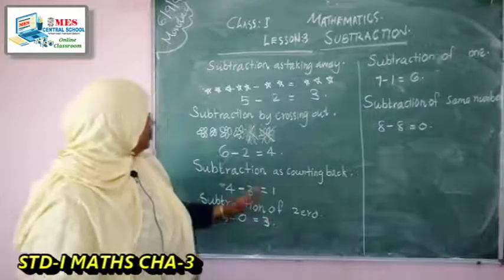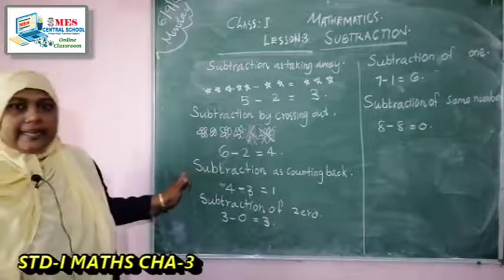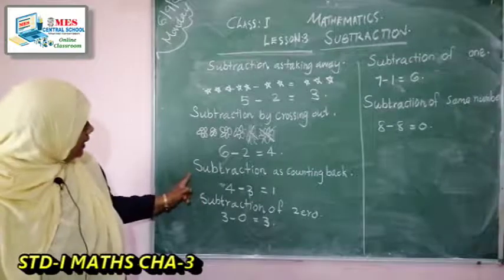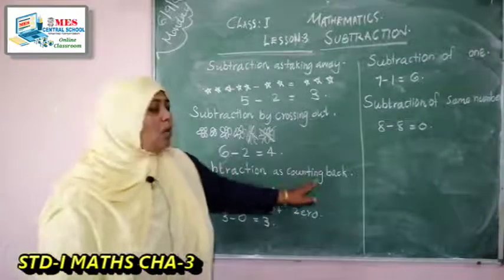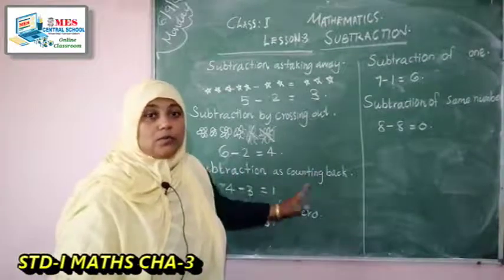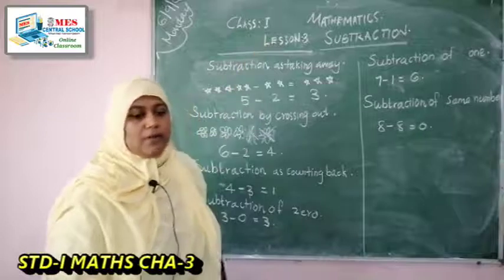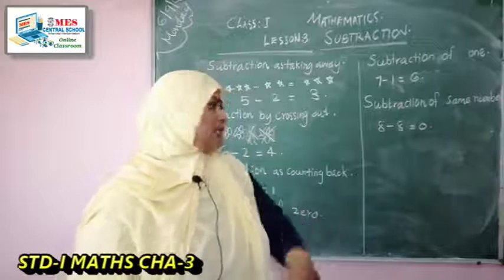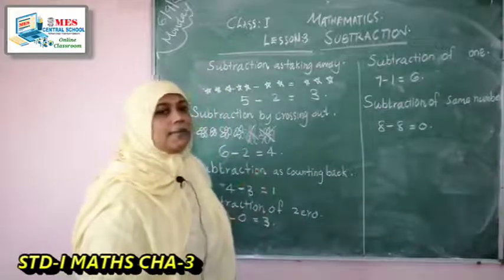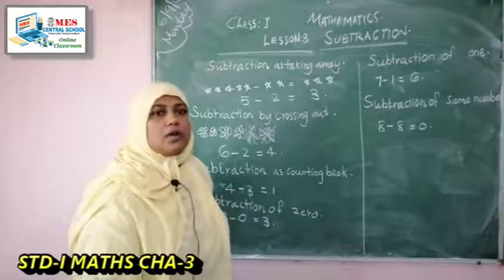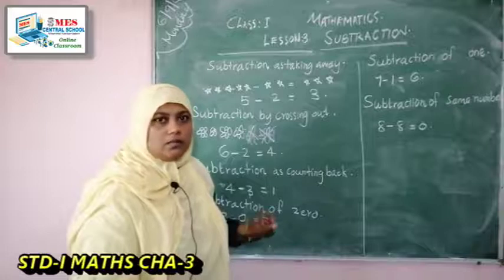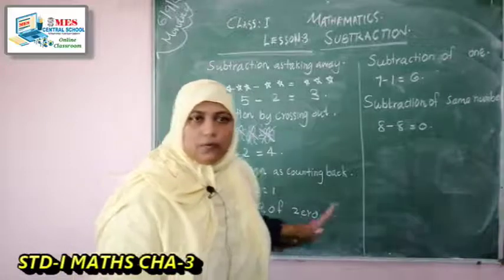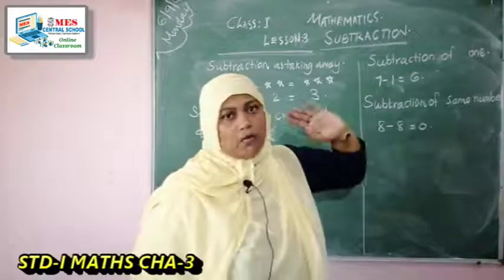Okay, now you want to understand another method for subtraction. For subtraction we are counting back. Okay, what do we want to do? Count back. We can find the difference by counting back. That is also subtraction. Okay, how do you count back? Can you count 1, 2, 3, 4, 5? Likewise we are counting forward.